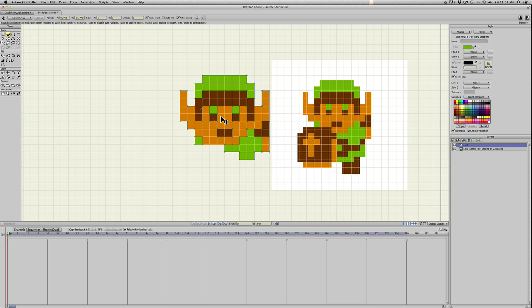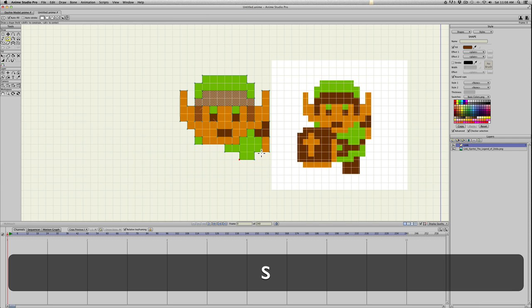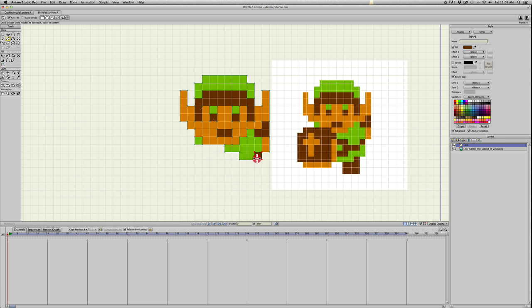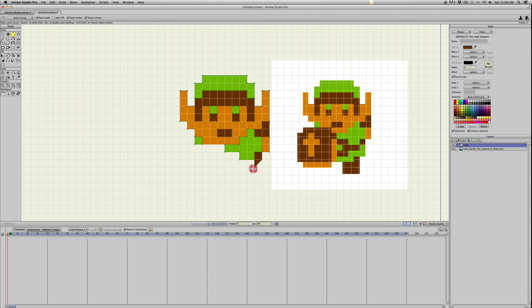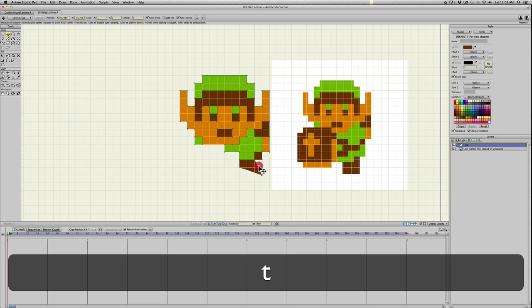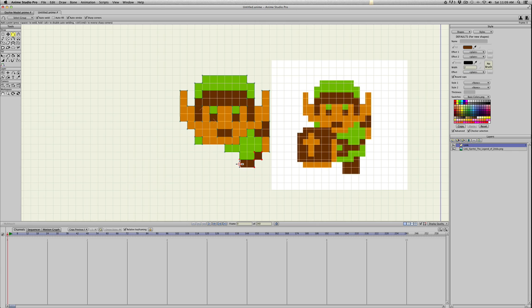So, hit Q, select his hair, and hit S, and start drawing his belt. Now, I could draw one square and then start drawing his belt again, but I like to add points and then just pull these corners back, because that way it's all one shape. If I go ahead and select it, then it's going to move together. So I want to keep all these parts the same. So the top of his belt goes there,